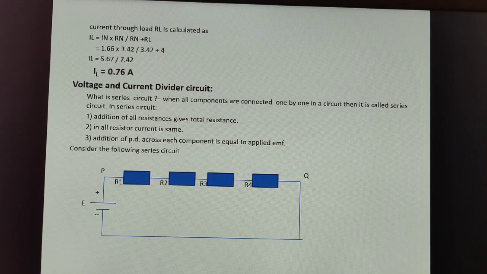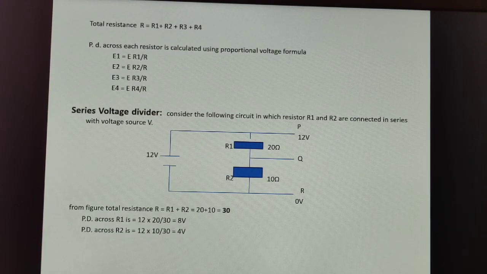So we consider the following circuit in which there are four resistors connected in series with the source of EMF E. The total resistance is R equal to R1 plus R2 plus R3 plus R4. Therefore, we calculate the potential drop across each resistor